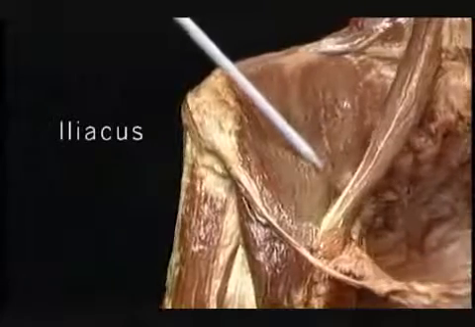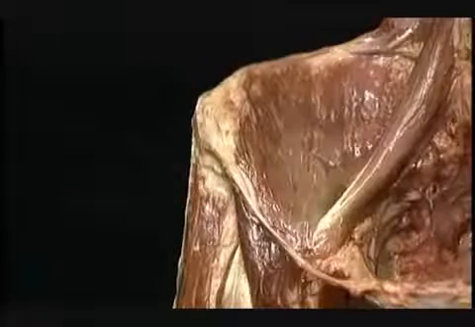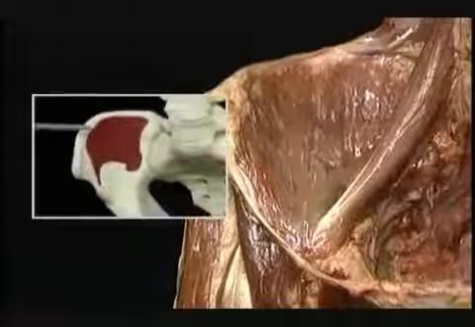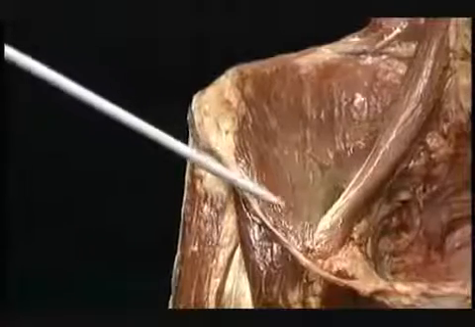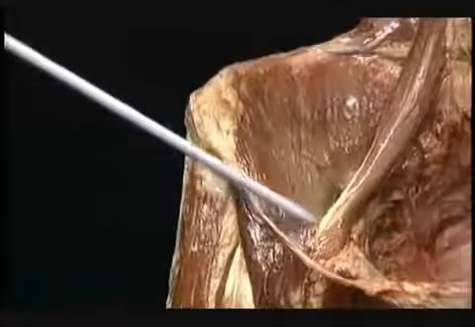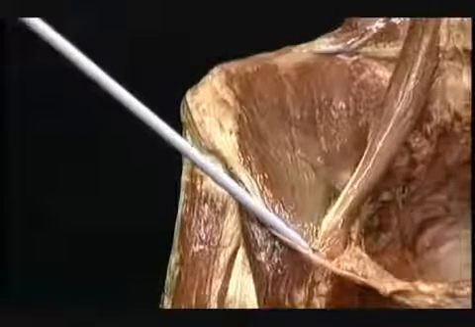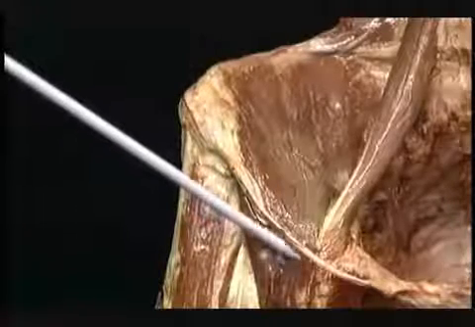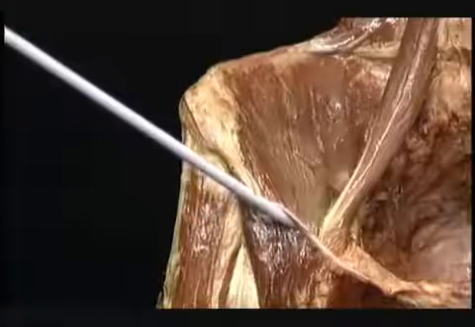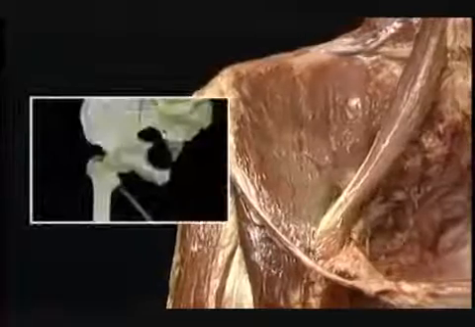Here's the iliacus muscle. It fills the iliac fossa. Iliacus arises from this wide area on the wing of the ilium. Down here, the medial fibers of iliacus and the lateral fibers of psoas major join, forming a single muscle belly known as the iliopsoas. The iliopsoas runs beneath the inguinal ligament and passes backwards to insert here on the lesser